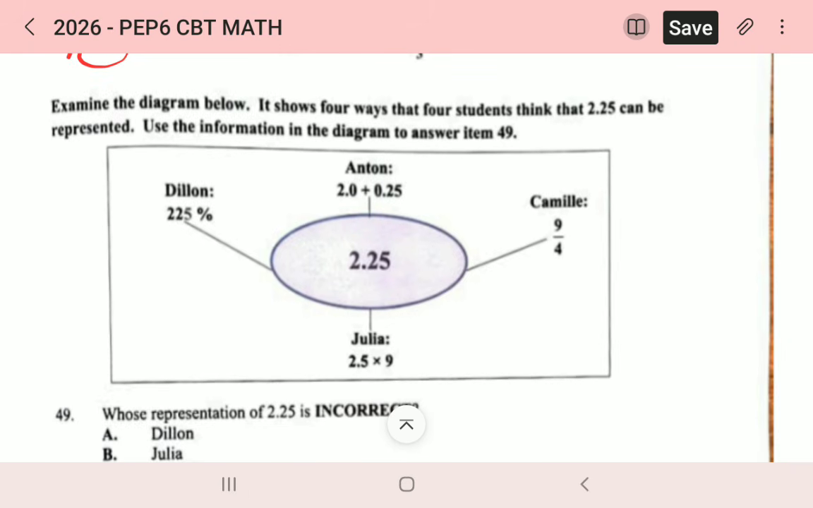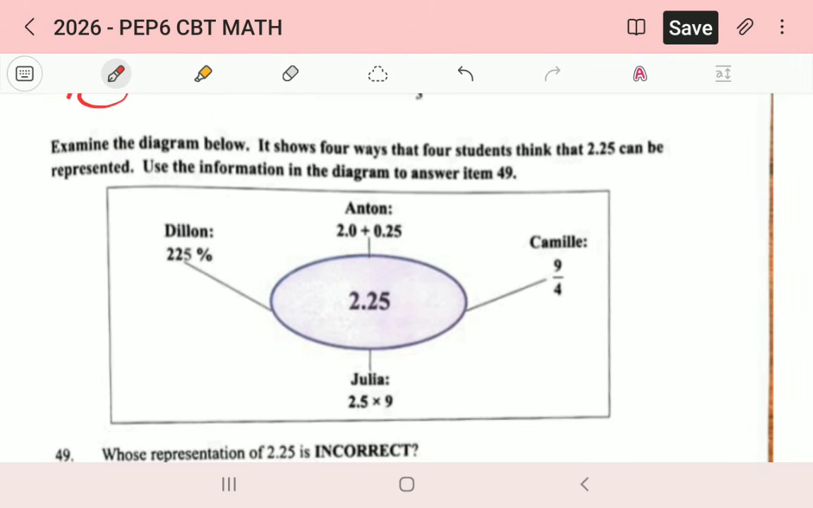Examine the diagram below. It shows 4 ways that 4 students think 2.25 can be represented. Use the information to answer 49. All right. So Antoine says 2.0 plus that is the same as 2.25, which is correct, because if you were to set it out, that's what you would get. All right. Camille says 9/4. And Dylan says